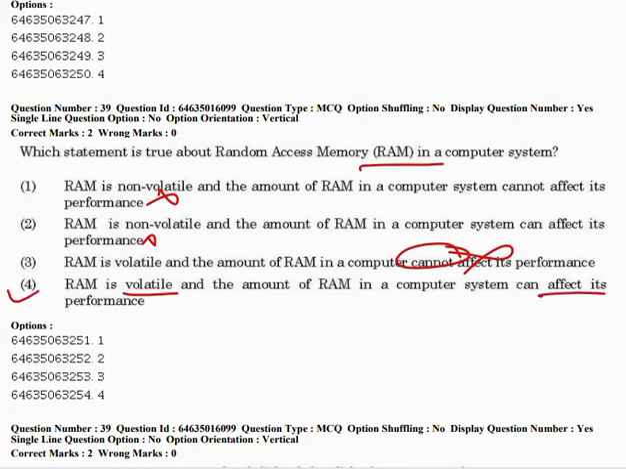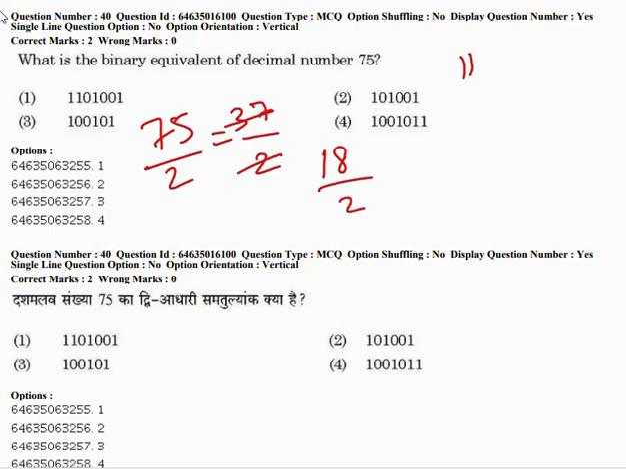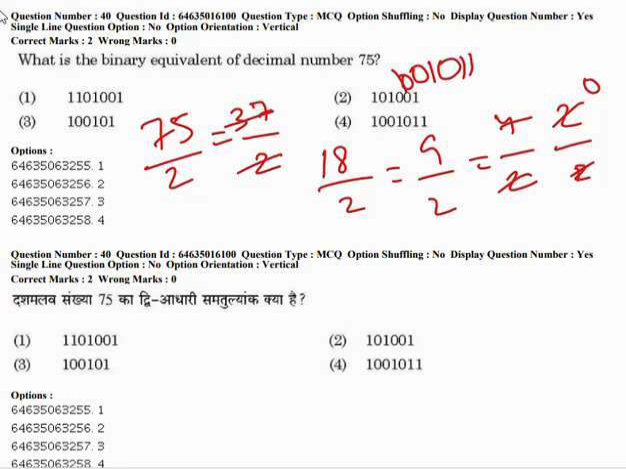Option 4 will be the correct answer. Question number 40. What is the binary equivalent of decimal 75? 75 को 2 से divide करेंगे, जब 2 से divide करेंगे तो 2 37 जा 74, remainder 1, 2 18 जा 36, 2 9 जा 18, 2 4 जा 8, और इसी तरह आगे, तो ये 1001011 हो जाएगा।